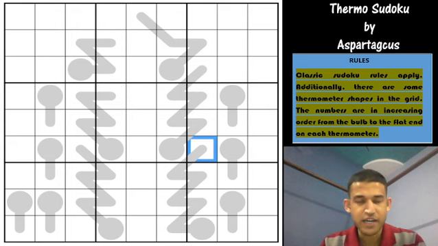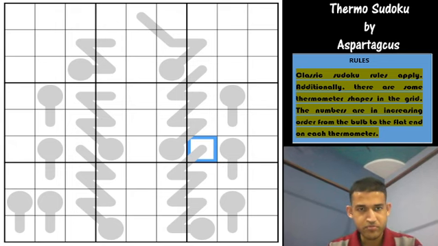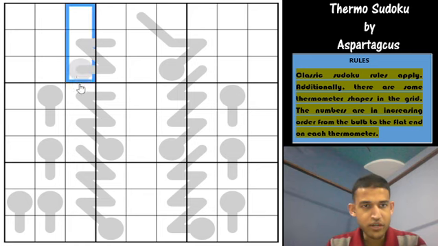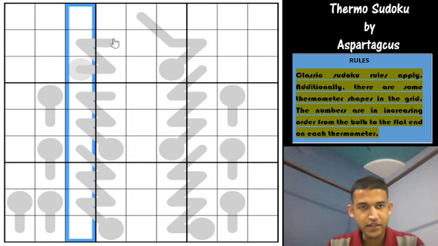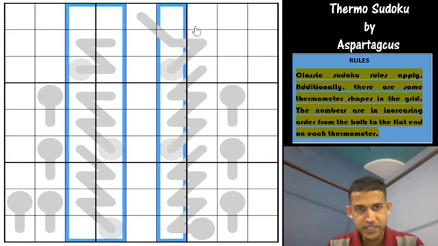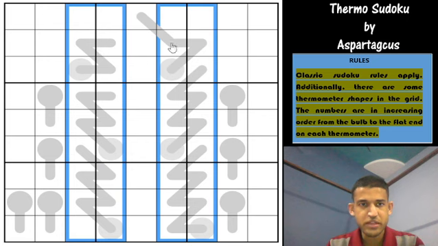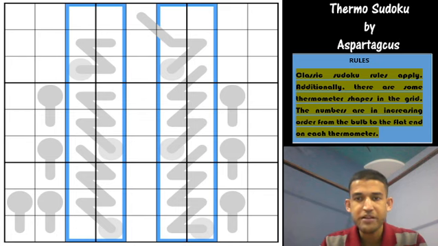Let us start this Sudoku now. So one can instantly deduce here that columns 3, column 4 and column 6, column 7 are highly interesting because a majority of those cells are covered by thermometers in those columns. So it would be a good idea to ask ourselves where the 1 or the 9 goes into those columns,